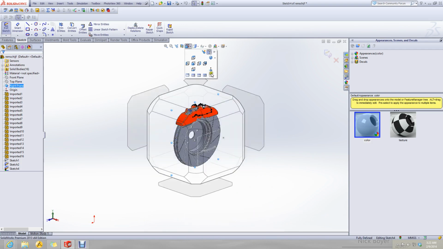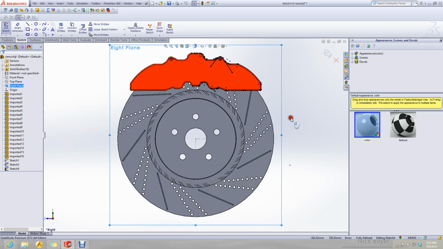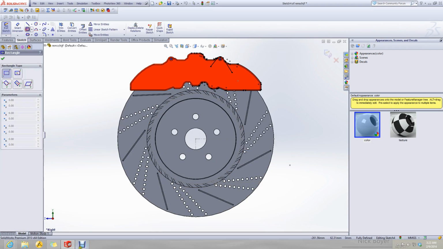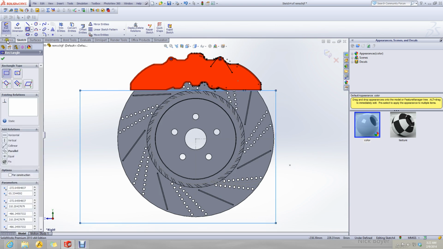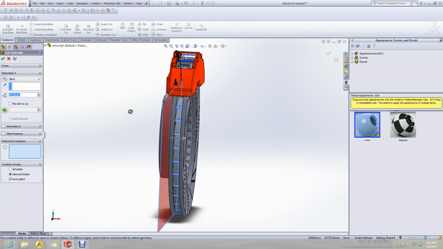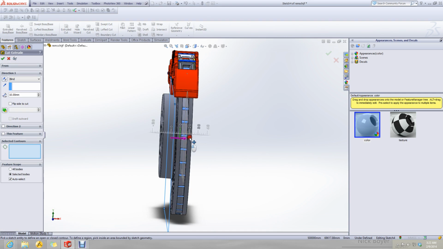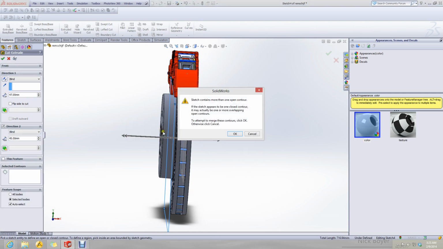Let me extract this part out of this. I will remove material from here as well as here.